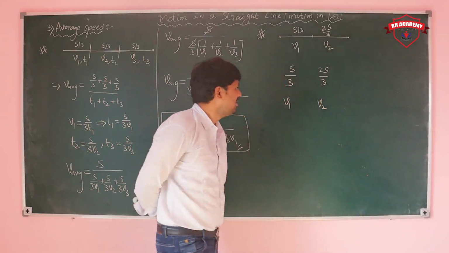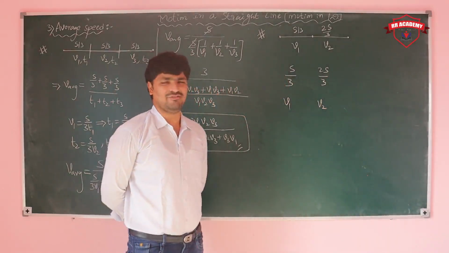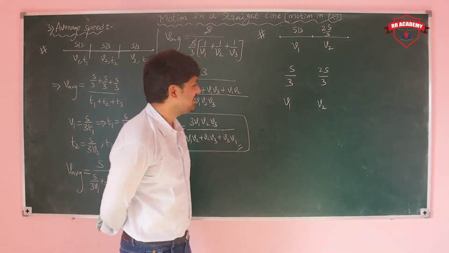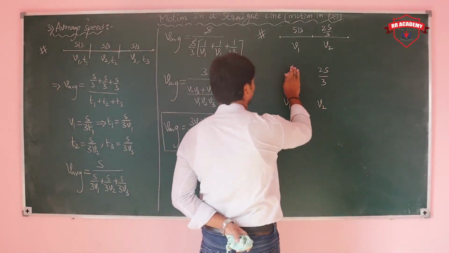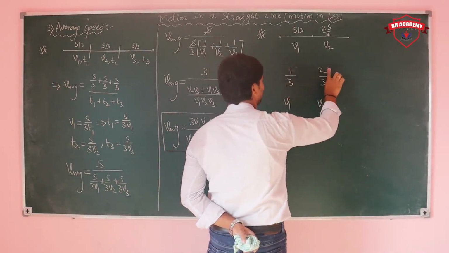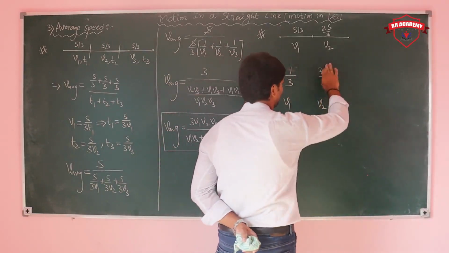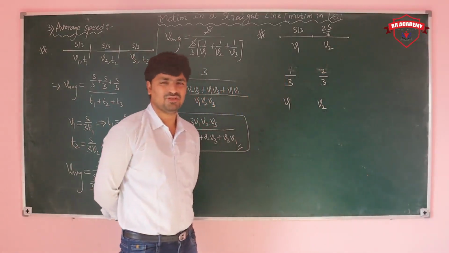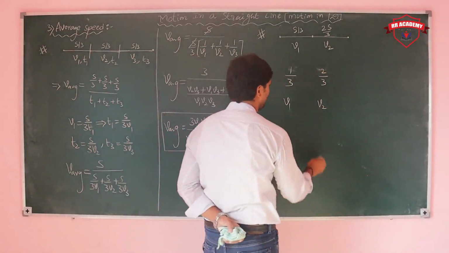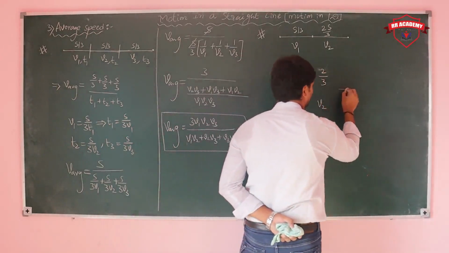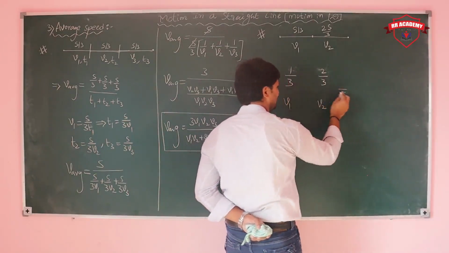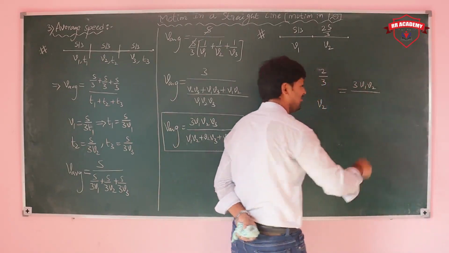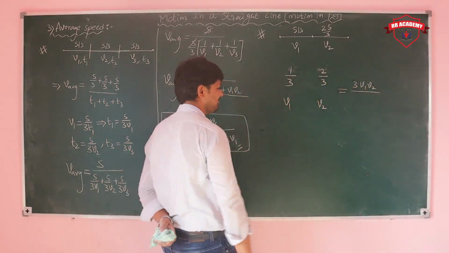with V2 speed. First S by 3 with V1, next 2S by 3 with V2. Very simple. You don't need to take S. Simply take the coefficient of S. Coefficient of S is how much? Here 1 by 3, here 2 by 3. So first of all, take the product of the denominator 3 and V1 V2: 3 V1 V2 upon